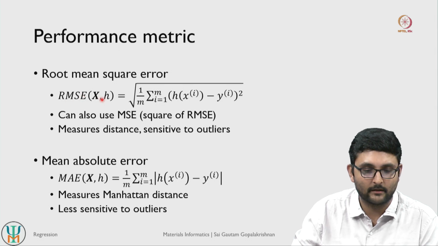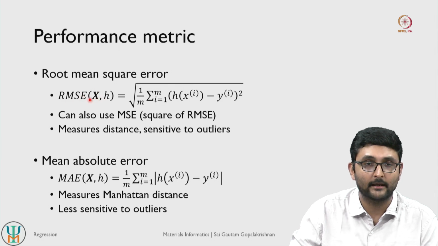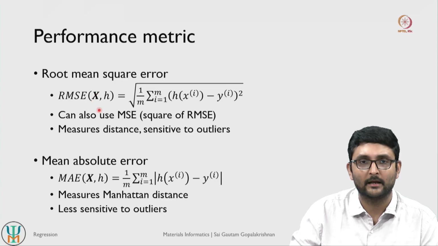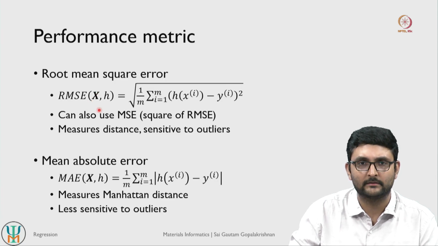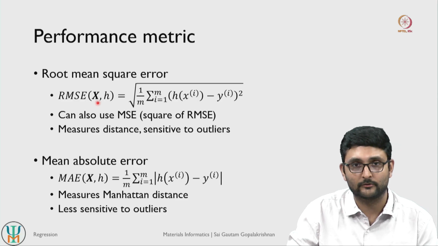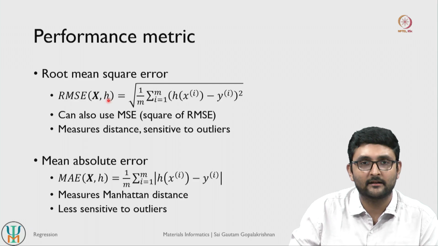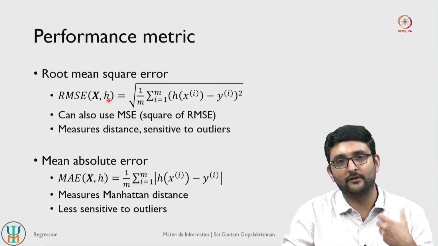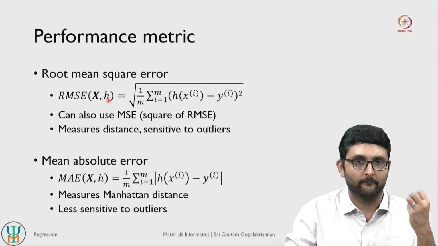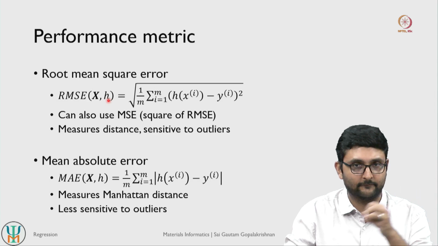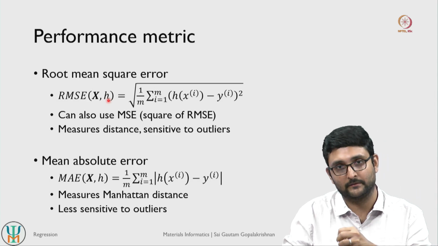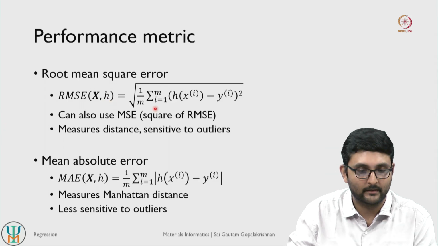So root mean squared error is often given as a function of your input features that you provide the model and the model itself, the model's parameters. So x here refers to usually an array of input features that you feed into your model. These input features characterize each data point uniquely, and h refers to the set of parameters that are used to define your model. This can be how the model is defined itself, so its functional form, and also some hyperparameters that are used to optimize the model, right.